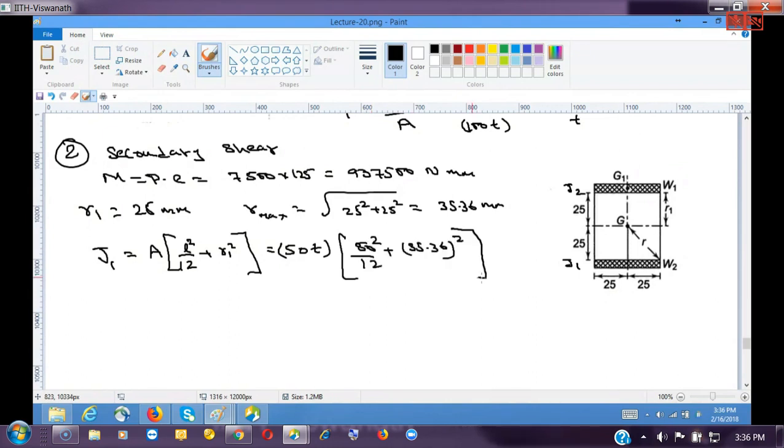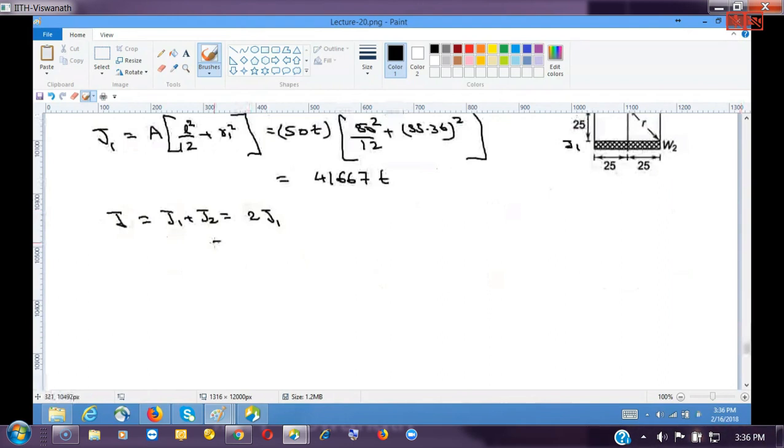That comes out to be 0.4167 times T. Since it is symmetric, J is J1 plus J2, or 2 times J1 because J1 equals J2. That is equal to 8334 times T